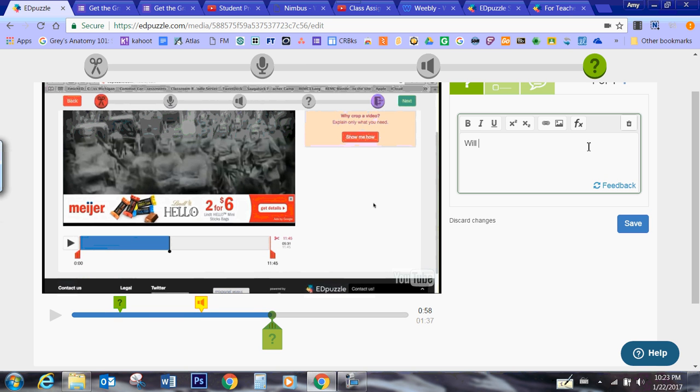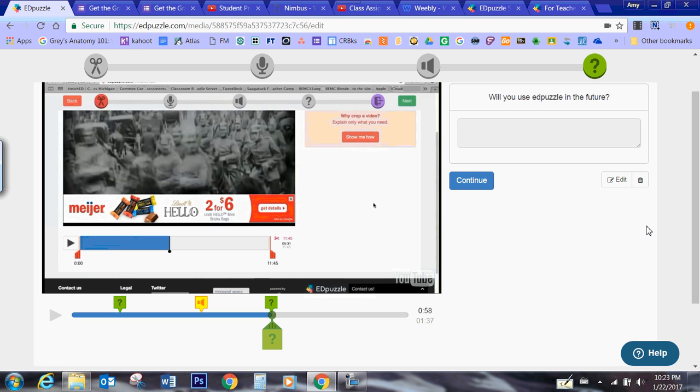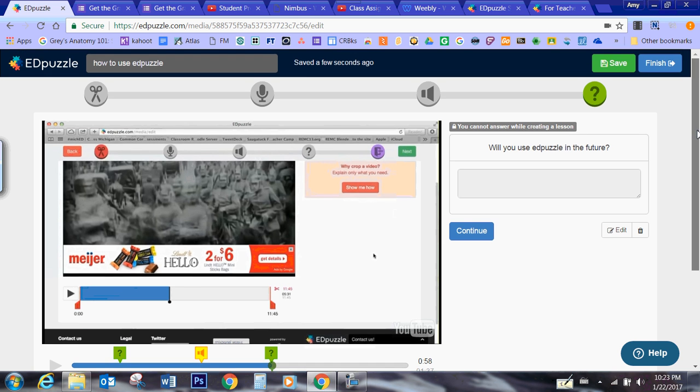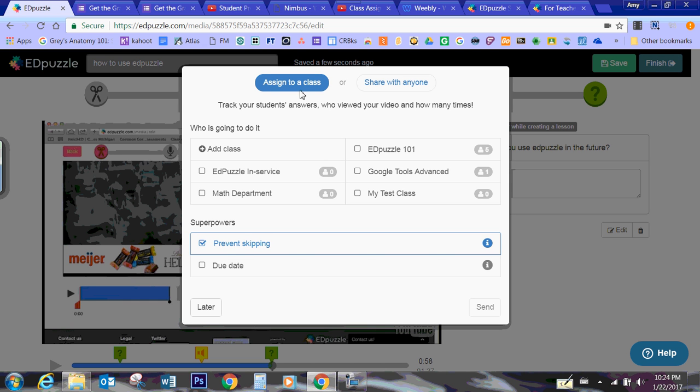Will you use EdPuzzle in the future? Okay, so I'm going to hit save. Now you see that I have 2 questions and an audio note in this. I can add as many as I want, and I can continue to save. If I hit save, it will put it into my content, so I can go back and edit it if you start to work on it and you don't have time to finish. If you are finished with the video, I'm going to click finish, and it says you can assign